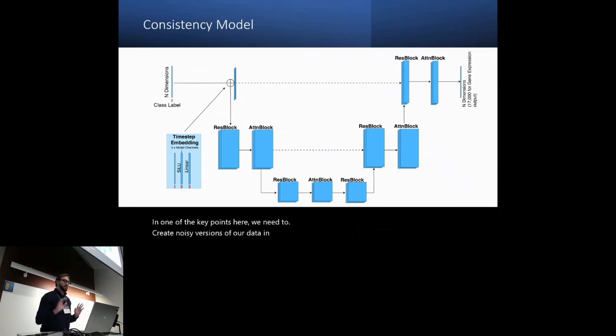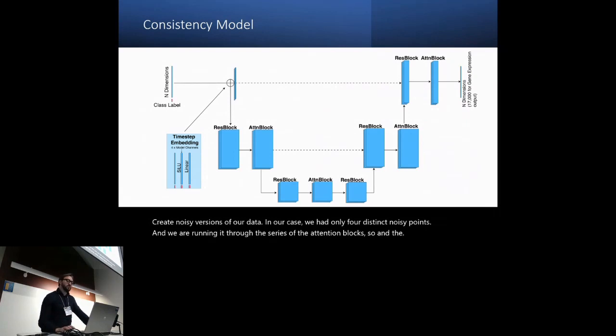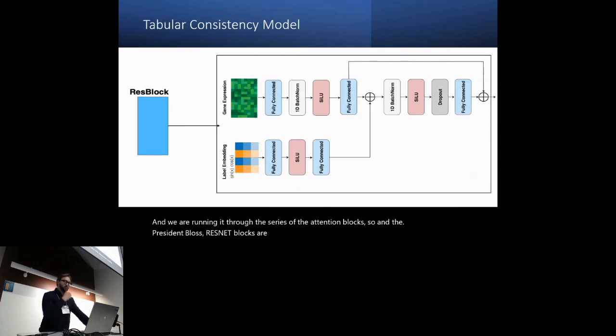In our case, we had only 4 distinct noisy points. And we are running it through a series of attention blocks and ResNet blocks. The ResNet block modification was inspired by TabNet, the 2019 model by Google,